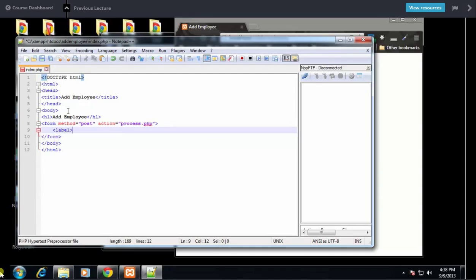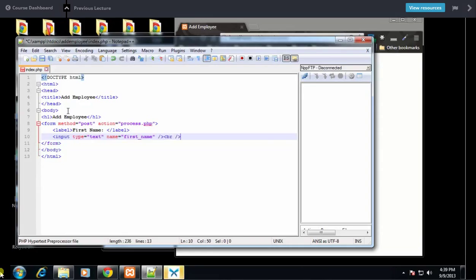So label, say first name, and then we want an input tag. It's going to be type of text, and you definitely want to have a name, because we're going to be able to grab these values from the name. So let's give it a name of first_name,